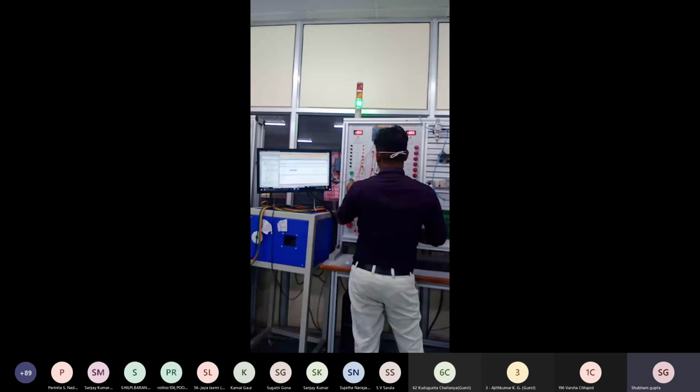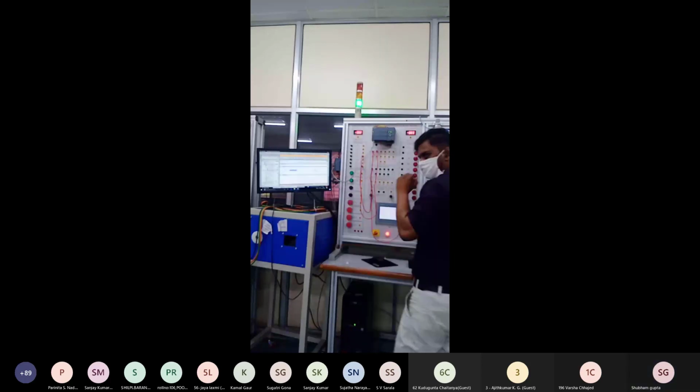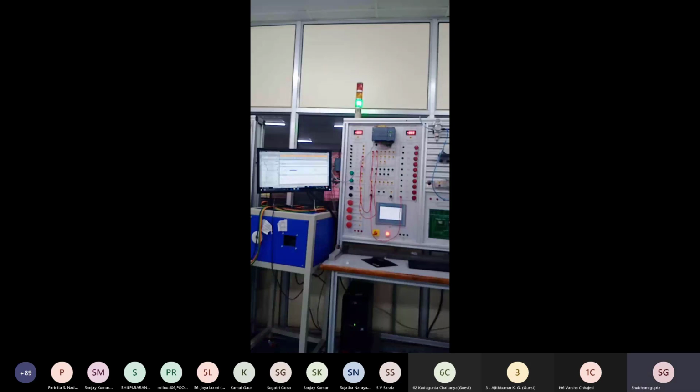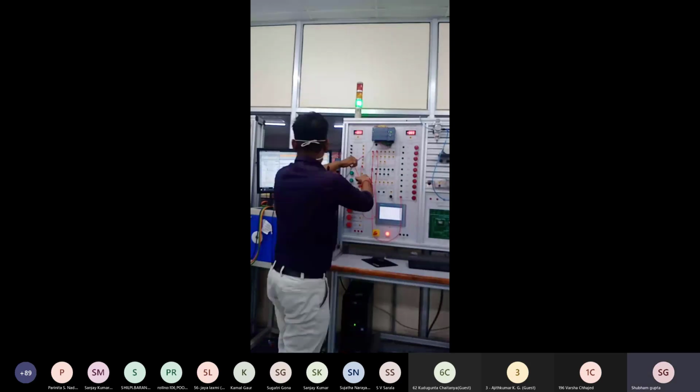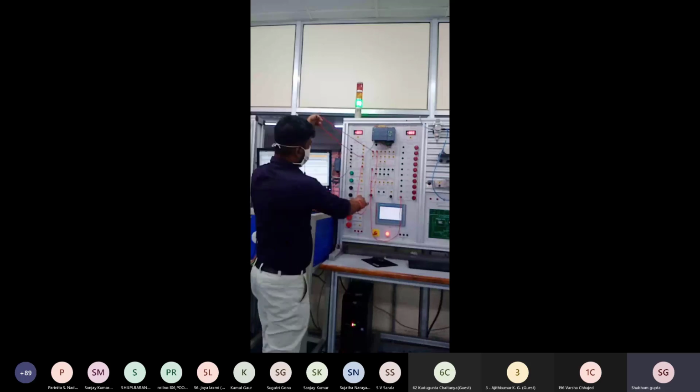For the input, we connect I0.0 for the first input, the second toggle for I0.1, and one output for the lamp. Okay.